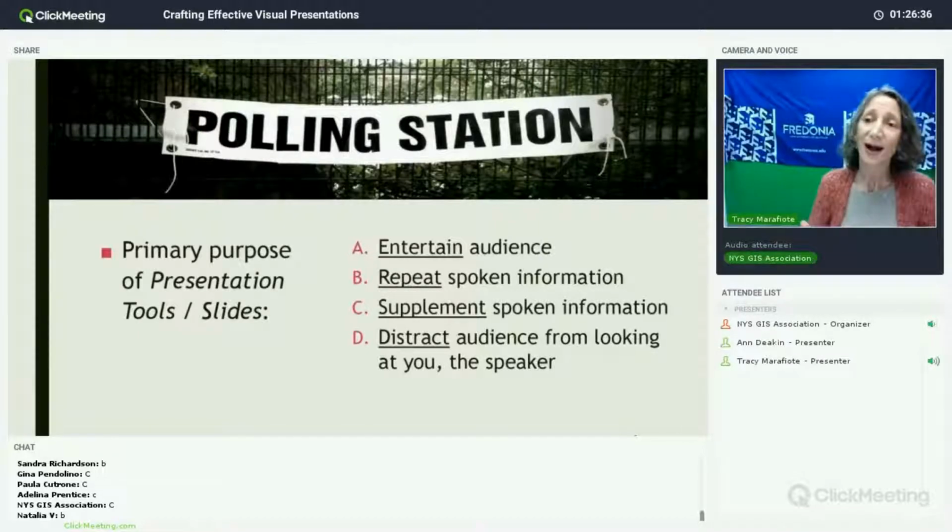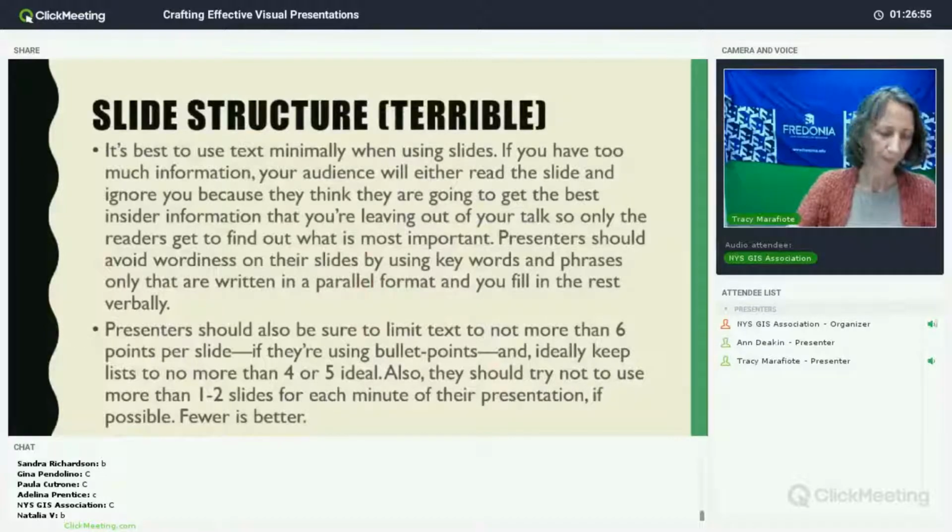So the most common mistake that I see on slides is simply too much information. So much that it potentially even overwhelms what the speaker, who is the primary channel for the information, is saying. So let's take a look at a few examples.